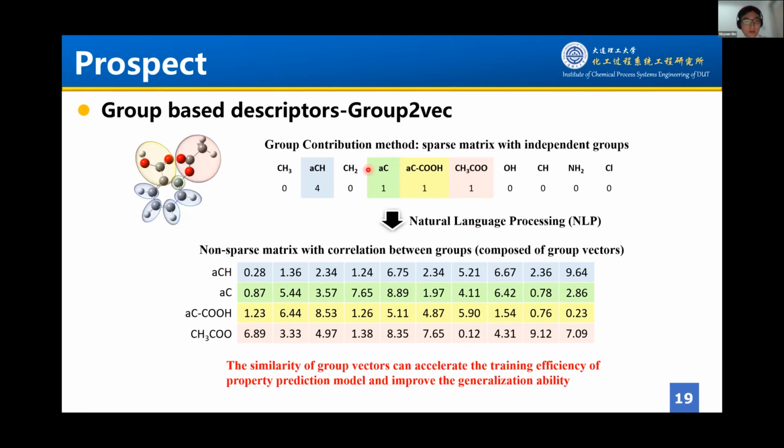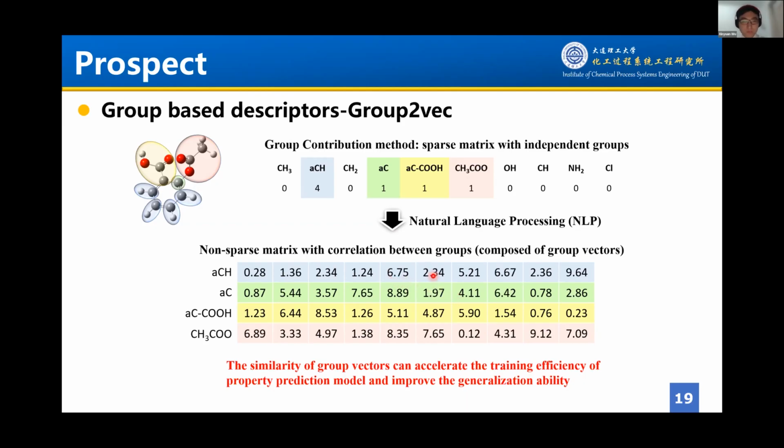Then we will make some prospects. As I have shown above, the descriptor we use, called the word-to-vector descriptor, is based on the Morgan fragment. However, group contribution is also a good method to predict properties. So, based on this, we make a group-based descriptor called the group-to-vector descriptor. It's like this. We make the group into a vector, which can represent the similarity of groups and can accelerate the training efficiency of the property prediction model and improve the